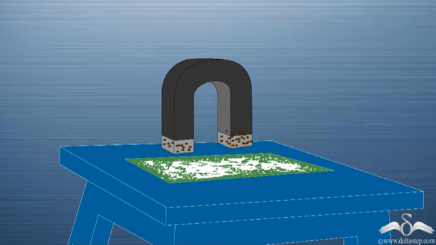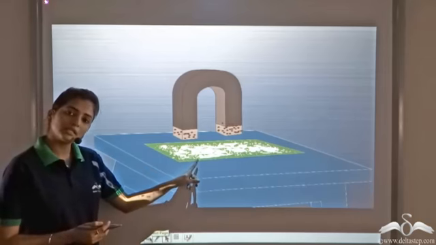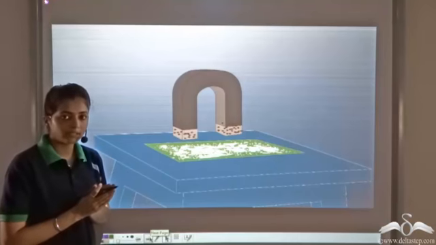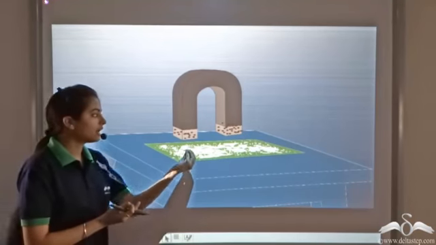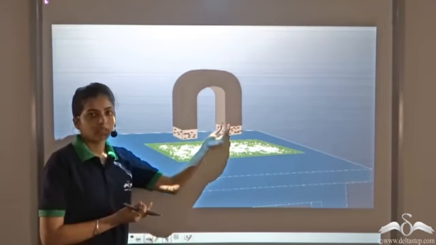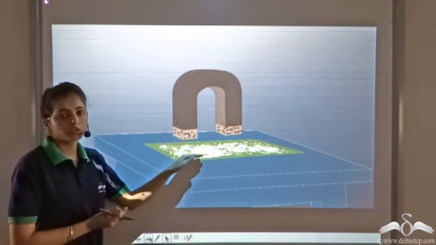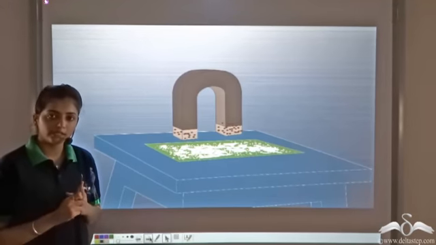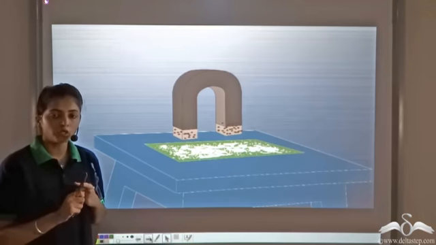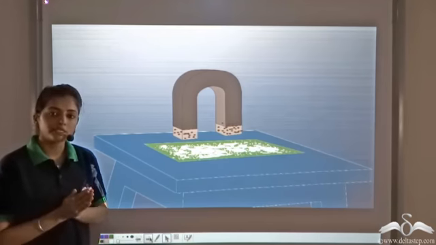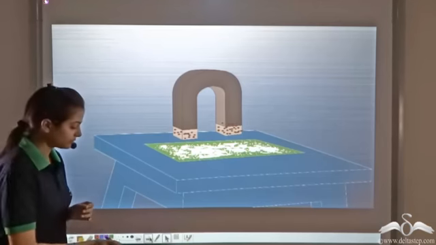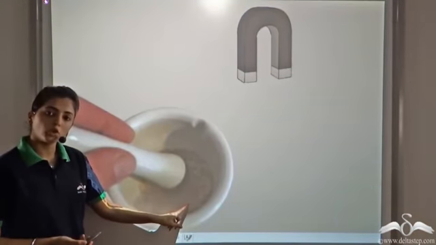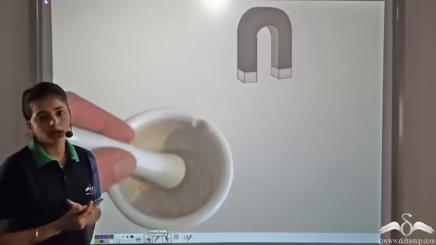So in this case, what did you have? You had iron filings in salt. So when you bring a horseshoe magnet, since the iron filings are magnetic in character, all these iron filings are attracted towards this horseshoe magnet. So all the iron filings are separated from the salt. So whenever we have any substance which possesses magnetic characteristics like iron, cobalt and nickel, we can separate these substances using magnetic separation. So in this case, we separate the iron filings from salt using a horseshoe magnet or a bar magnet.